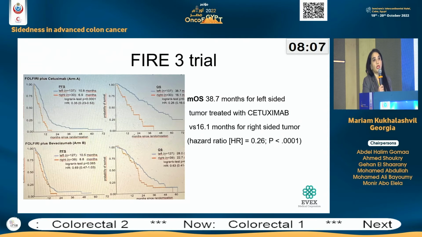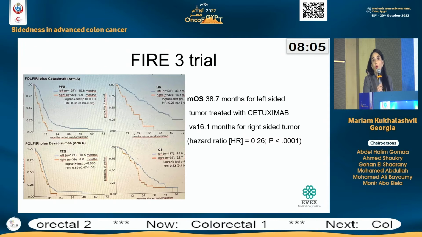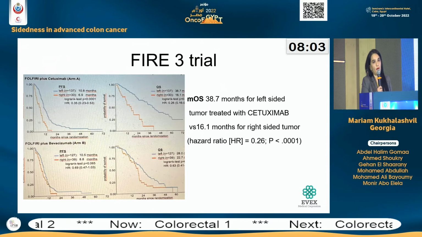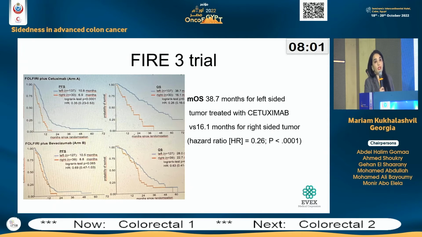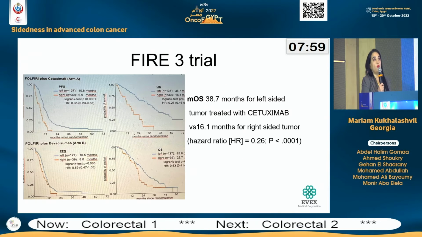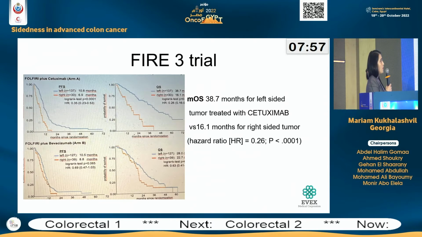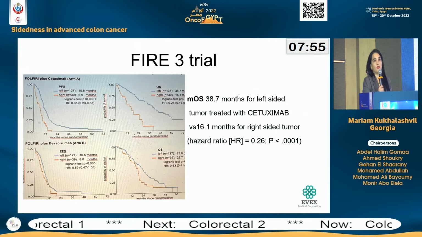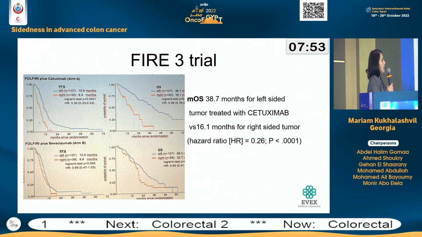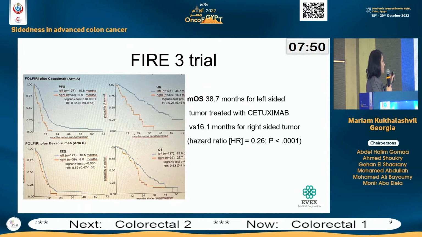Next question: which biological treatment could be offered to patients in first-line treatment? And the answer is anti-EGFR and anti-VEGF antibodies. We have several trials, and one of them is FIRE-3, a phase 3 trial, and according to this trial, you can see that